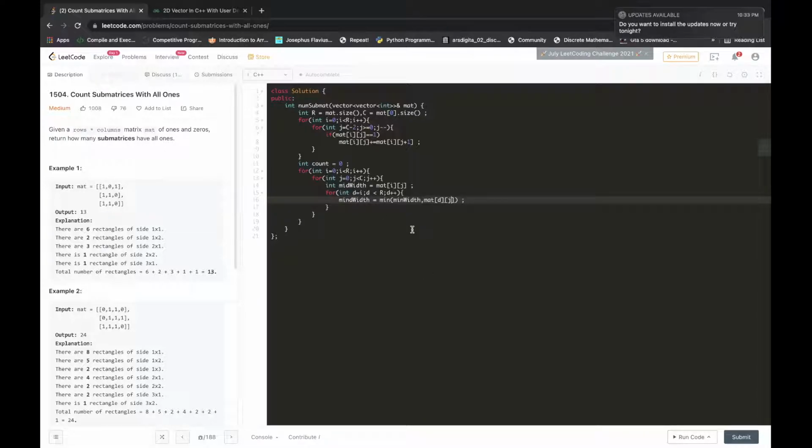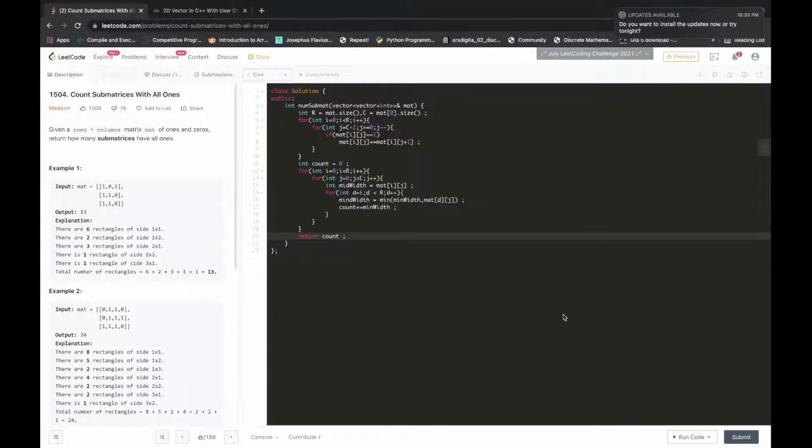We have to move that column as well. Then we add this min width to our count variable, count plus min width. This should solve the problem, and then we simply return count.